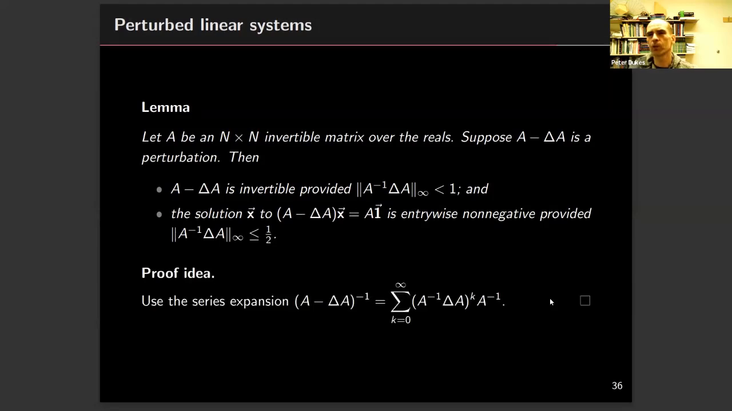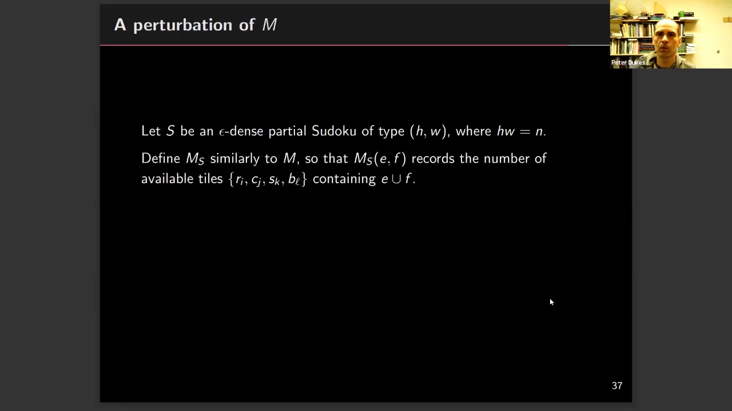The idea of the proof, by the way, is just to use a series expansion of the inverse of the perturbation. That's pretty standard. But what we're going to do is take an epsilon dense partial Sudoku, and it's going to be the usual H by W boxes. We'll define M sub S similarly to M, except that now instead of it just having these, what were they, maybe 5 different values,